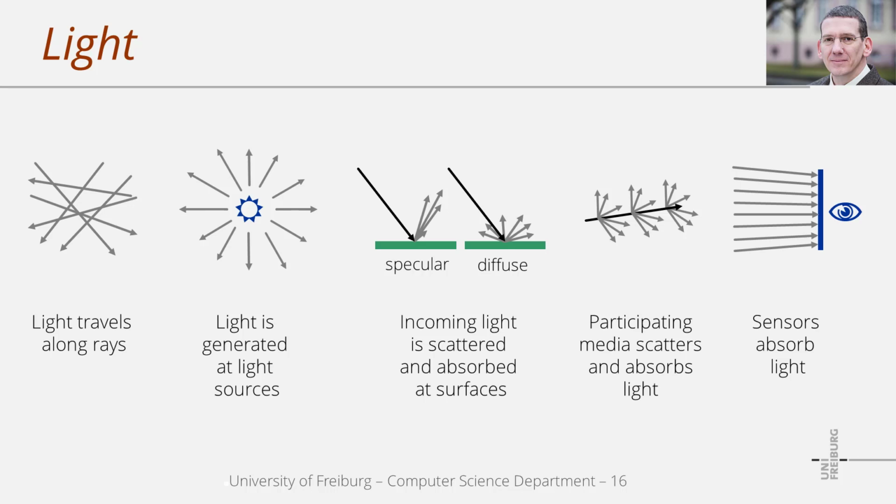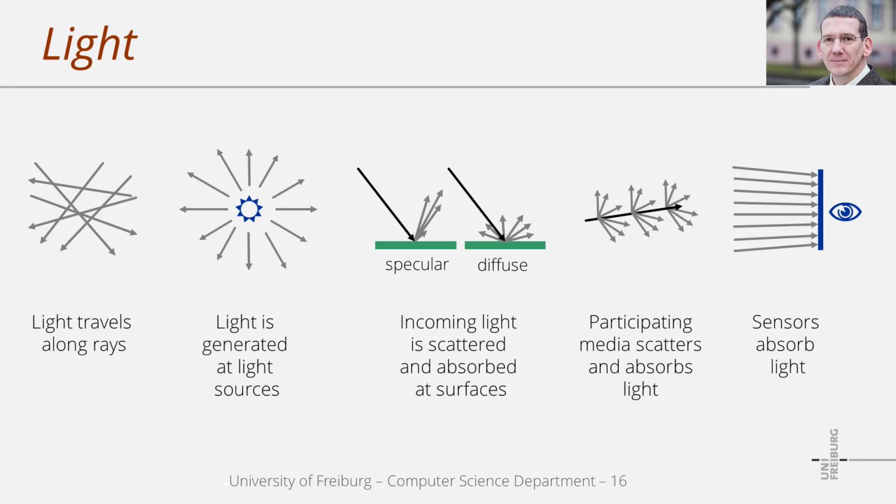Here, for instance, we have a green surface. The black arrow indicates some incoming light, and the gray arrows indicate the amount of reflected light into the respective directions. The actual reflection pattern depends on the surface material. If the surface is dark, less light is reflected. If it's bright, more light is reflected. Also, if the surface is matte, reflected light is scattered into many directions, while shiny surfaces reflect light in a